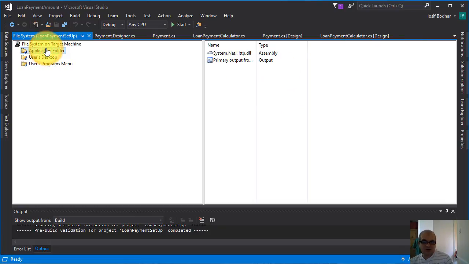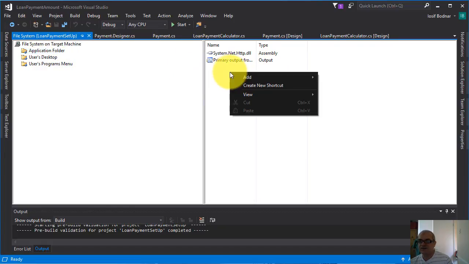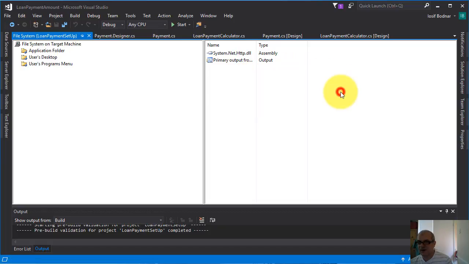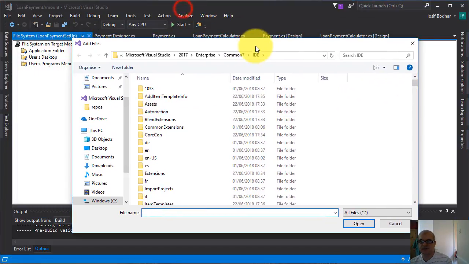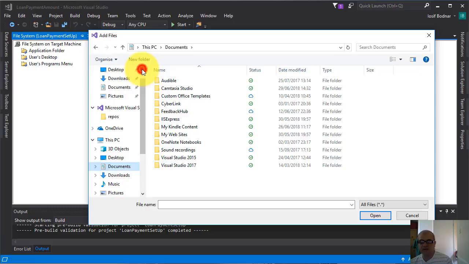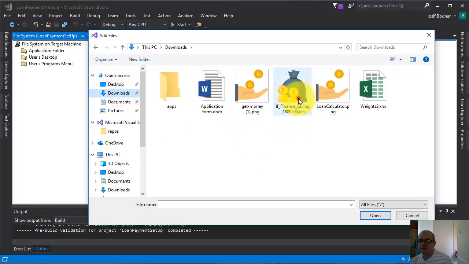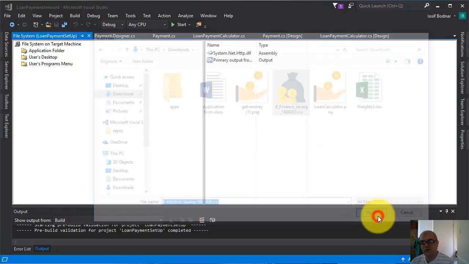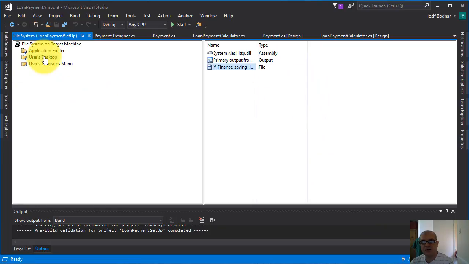Also, you can attach an icon to your shortcut. How can you do this? Select the application folder, go again on the right side, right click, select add, file, and look for your icon. You can upload just an icon with the ICO extension. So make sure your icon has this extension ICO. Click on open. And after that go on the user desktop,